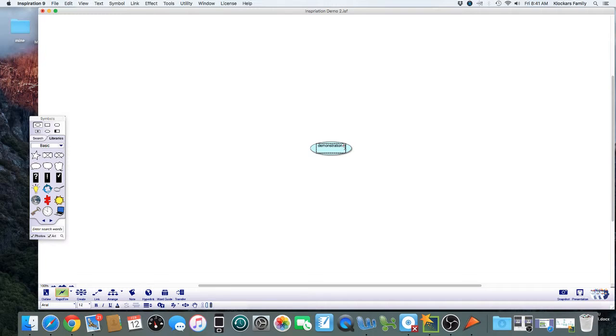So we can create perhaps information on why graphic organizers work. And if you wait a second, it created a new bubble. Now we'll add editing tools and perhaps ways to use.